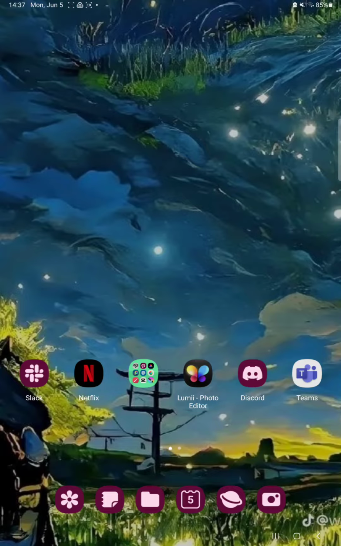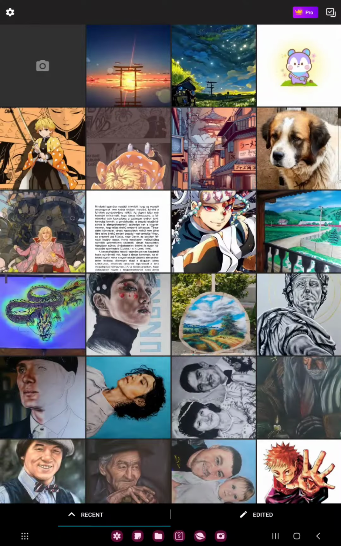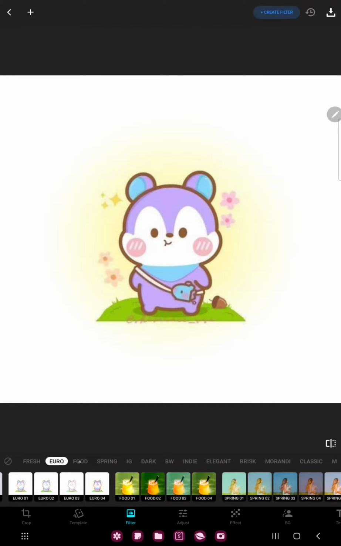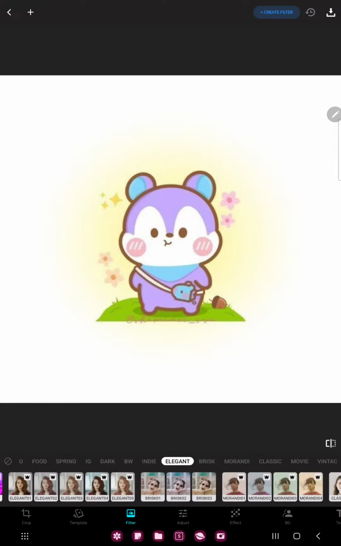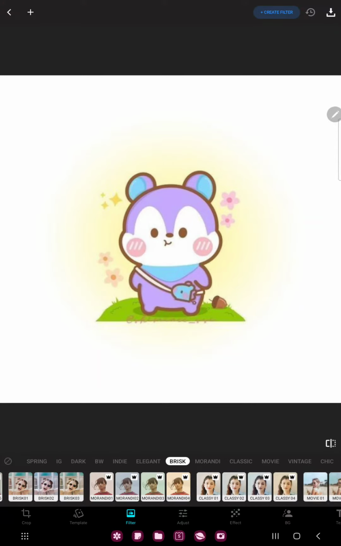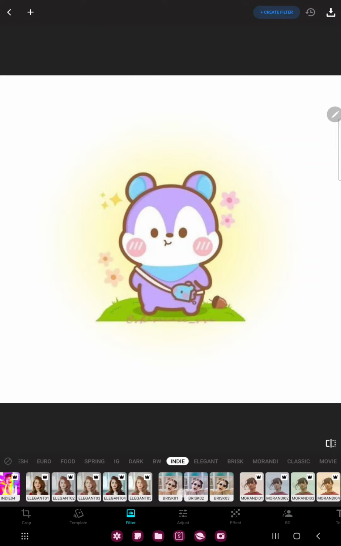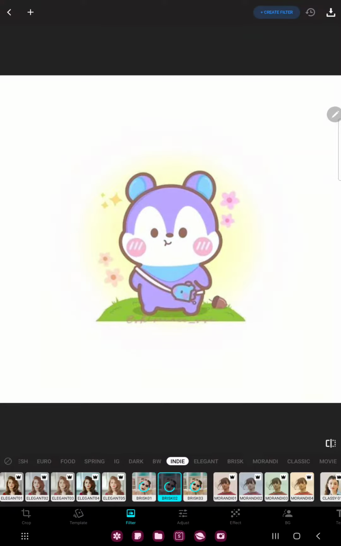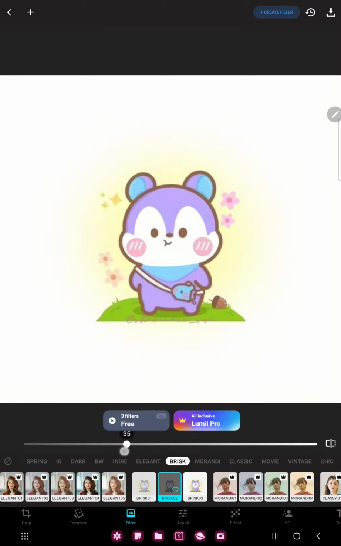First of all, open the application on your device. Select a picture from your device and click to the third option, the filter, next to the template button at the bottom of the page. And here you can find different templates, for example, Euro, Food, Spring, Elegant, Basic, and Brisk, and more. And if you want to use one, just click that and you can set